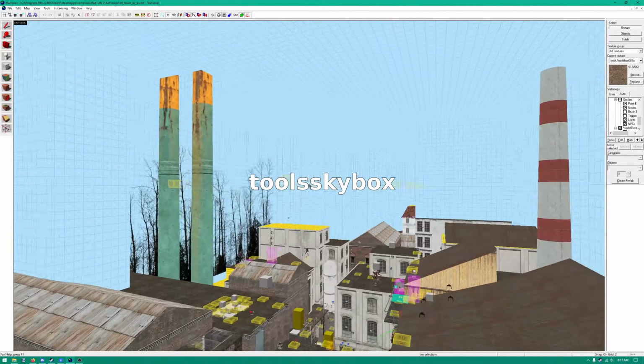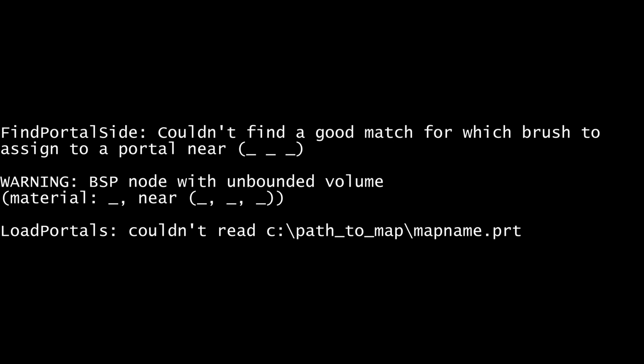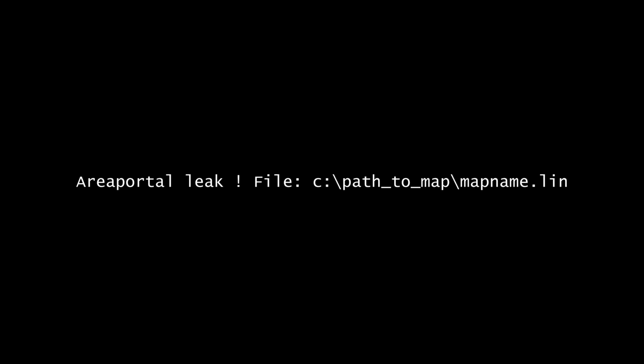If this rule is not followed, your map will have what is called a leak, and several bad things can happen, including potentially not being able to successfully compile your map. Leaks are identified while compiling by this message. Since leaks do cause several problems, there are other messages often associated with leaks, but this is the only one that actually indicates a leak. If you don't see this, you don't have a leak, except for area portal leaks, which look like this.